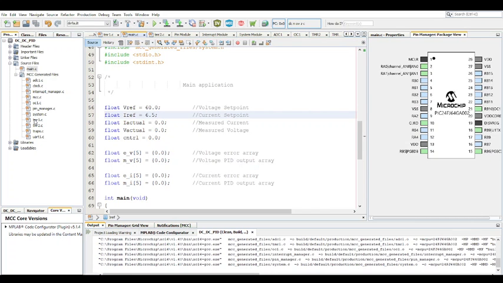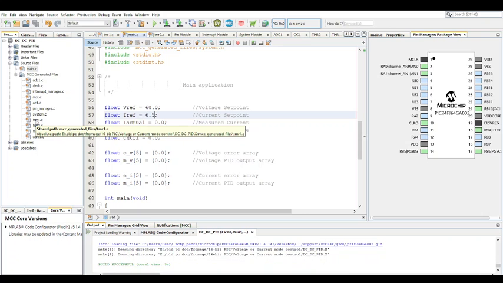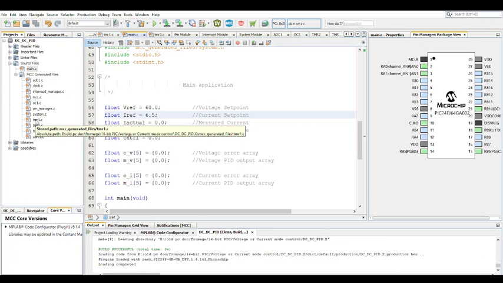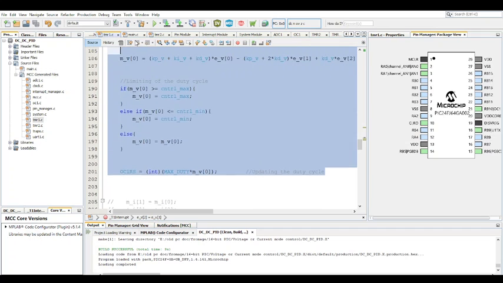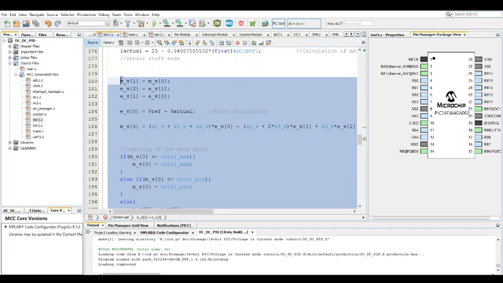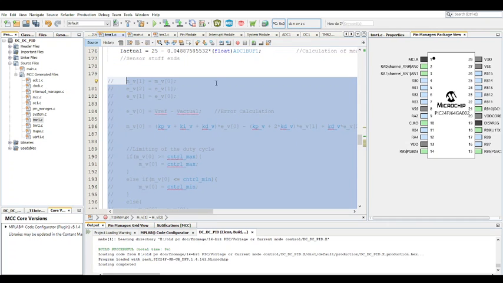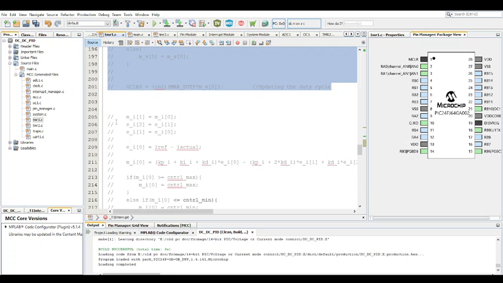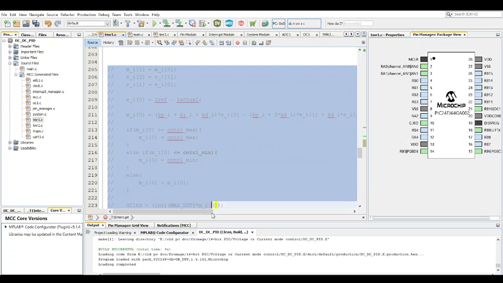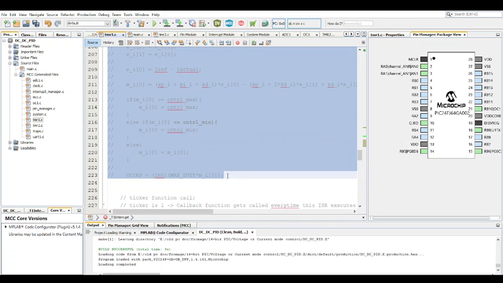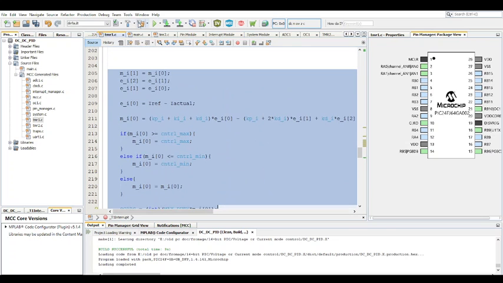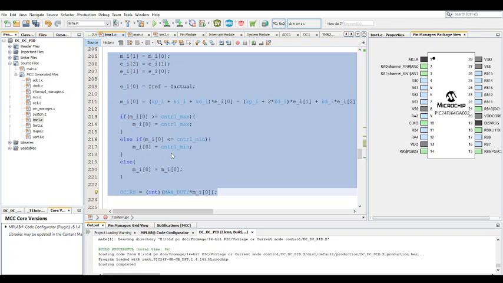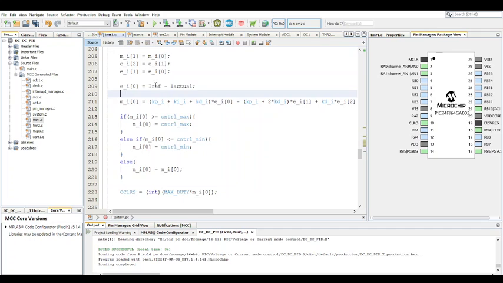And obviously I have to go to the code, and yes, I'm going to be posting the link to this code. The GitHub link is going to be in the description, so you can play with it. So this is for the current. I'm going to run that. It's exactly the same. You see, it's IREF minus I actual,